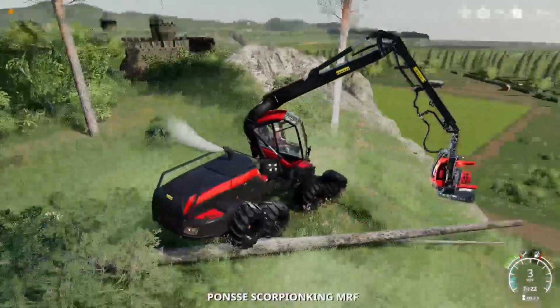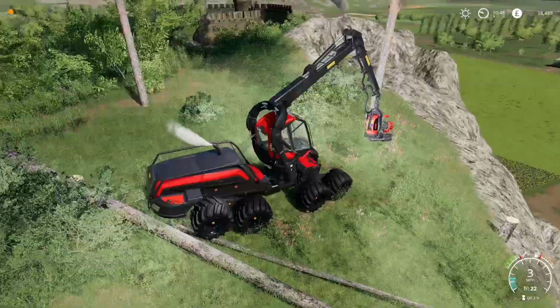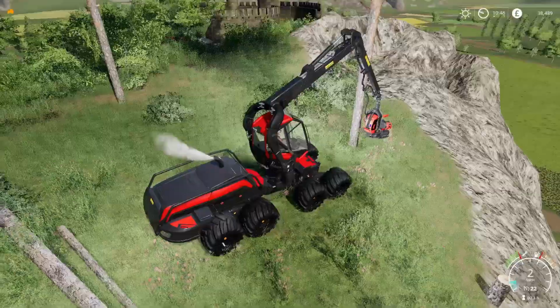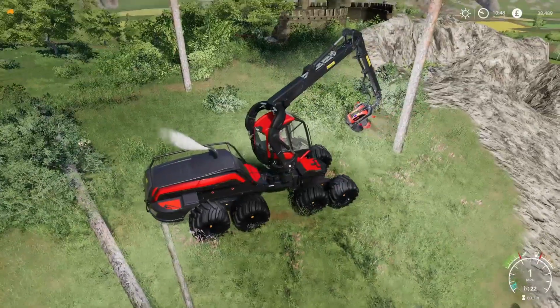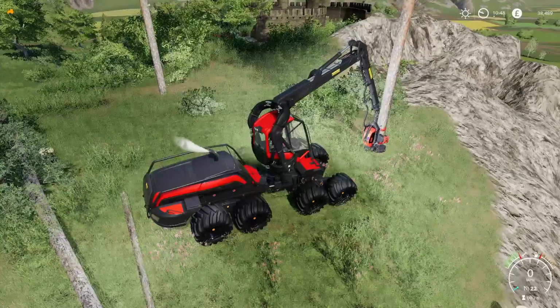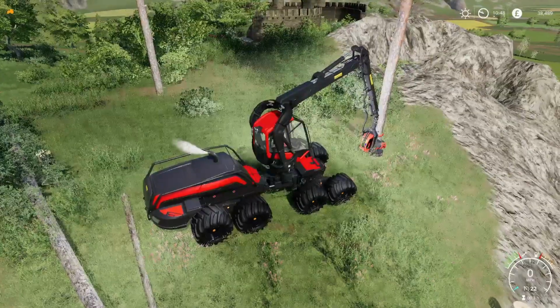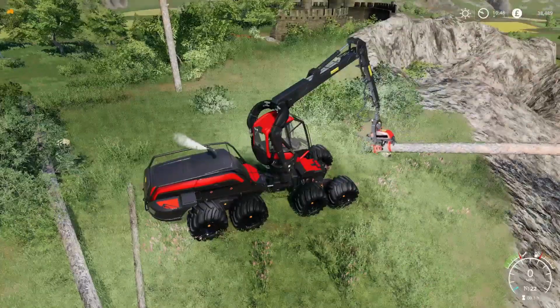But I've had a little play around with this, and I haven't found any glitches or anything with it. It seems to work with no issues whatsoever. You have got that extra little bit of grunt on the horsepower, and going up and down hills, these sort of vehicles, they do struggle a little bit anyway. So let's see how low we can cut that. We can cut that bloody low. That's just like 6 inches off the ground,